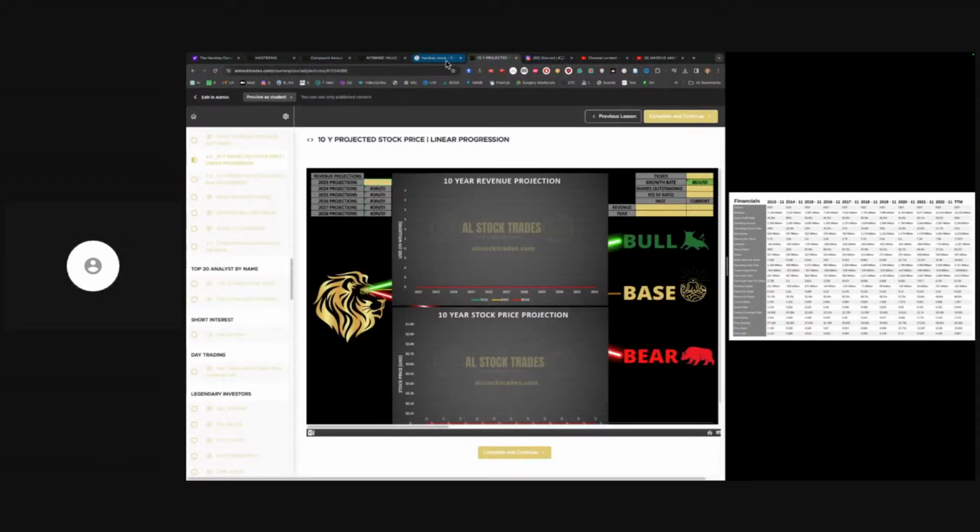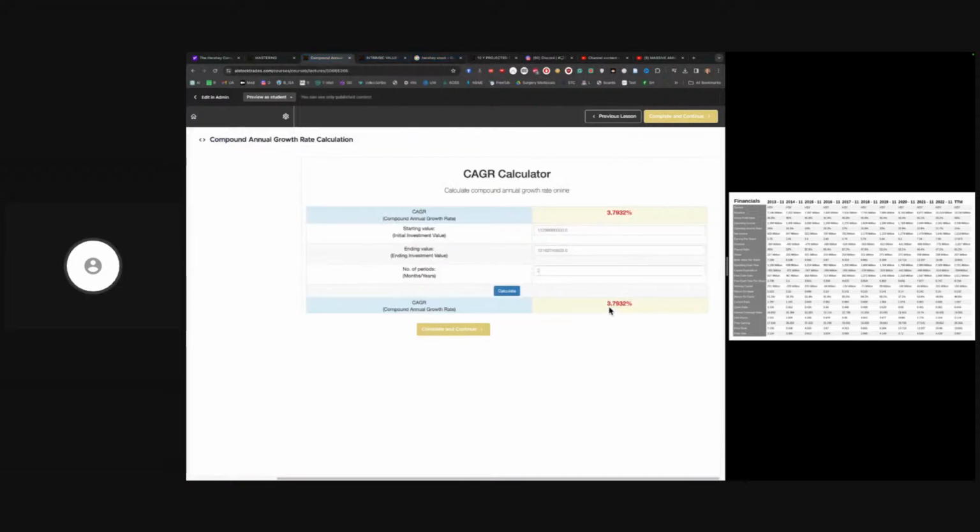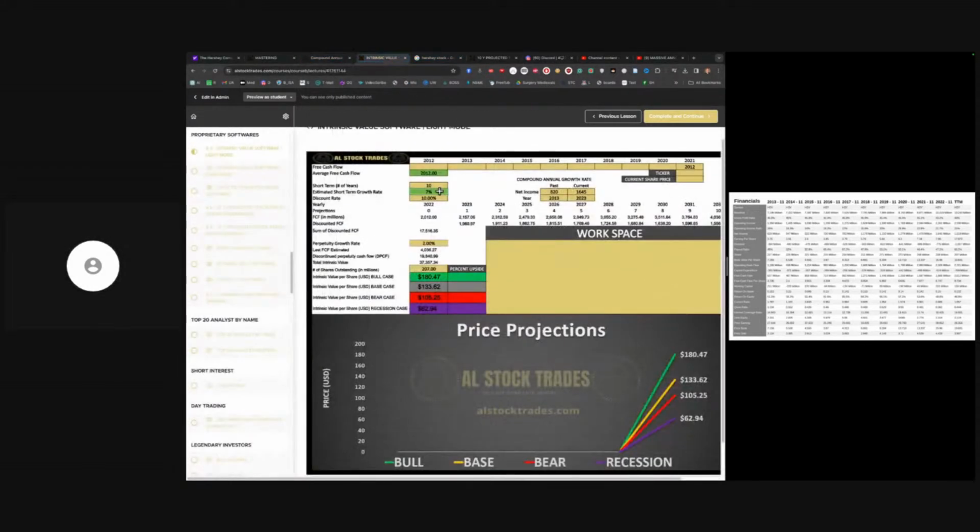If we go ahead and use the actual 3.79% here, 3.79, we get 140. We're going to keep it on the 7%. And now what we're going to do is, just to get the idea here, let's go and open up